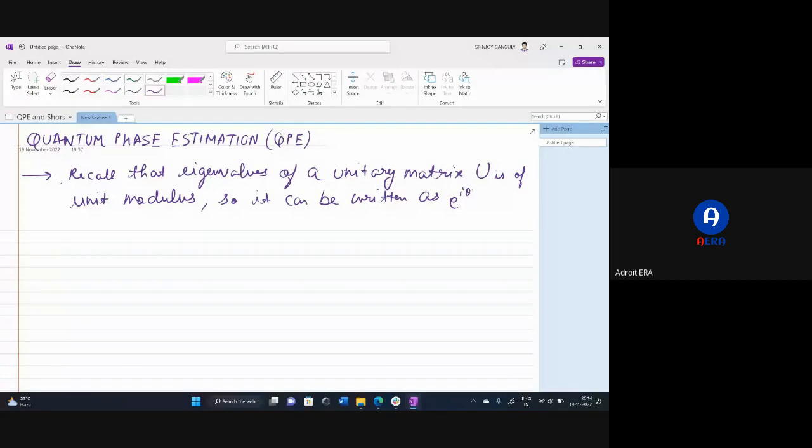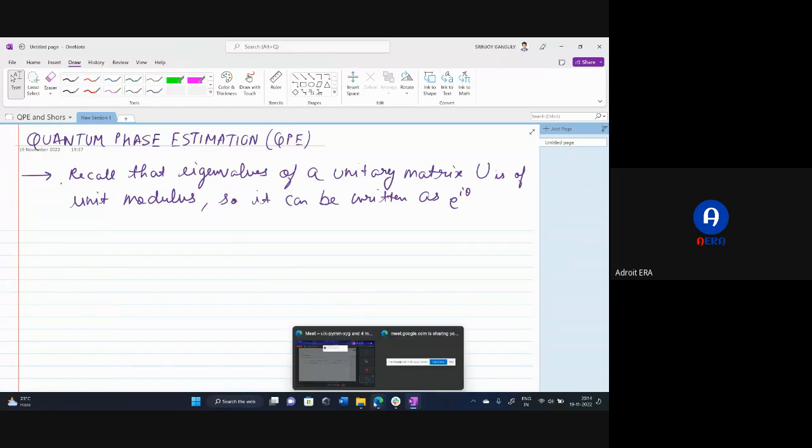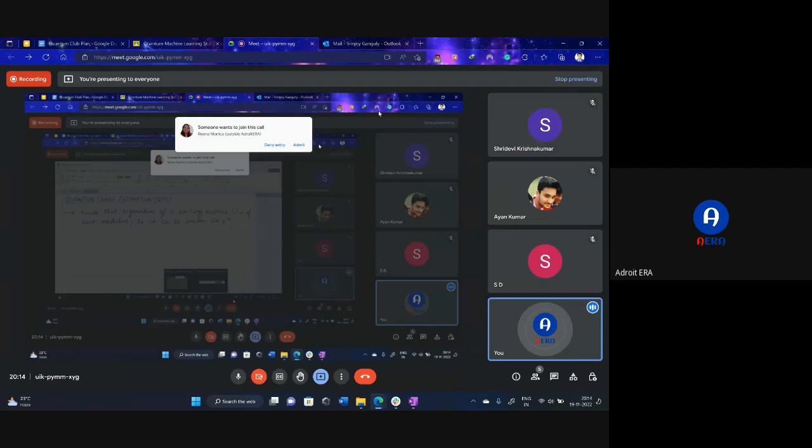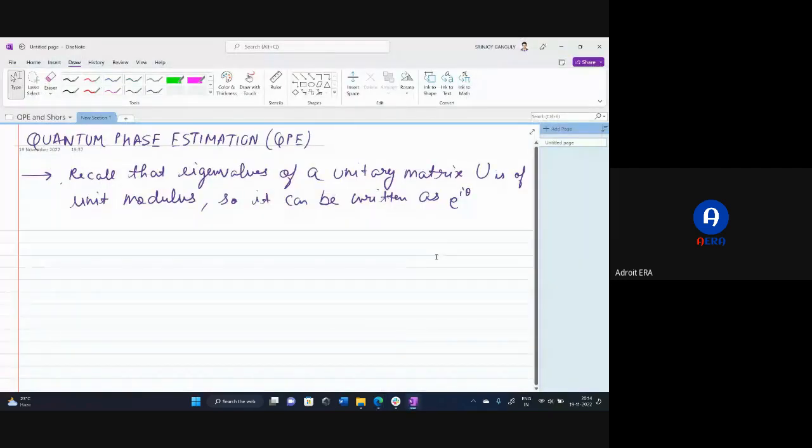And what is the advantage of doing that? We are able to associate not only a value, but also a phase. Since it is e to the power i theta, we are also able to take advantage of the complex plane. Remember that Hilbert space supports complex numbers, and Hilbert space is an infinite dimensional space. Therefore, we can write using e to the power i theta,